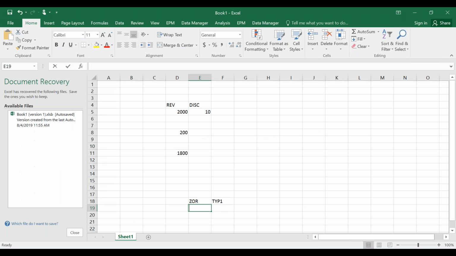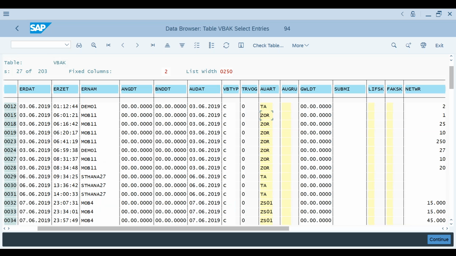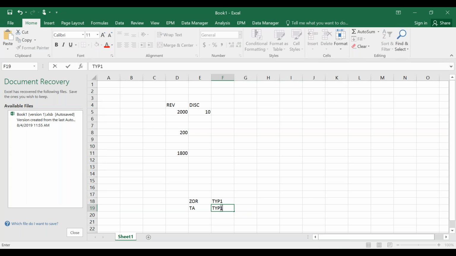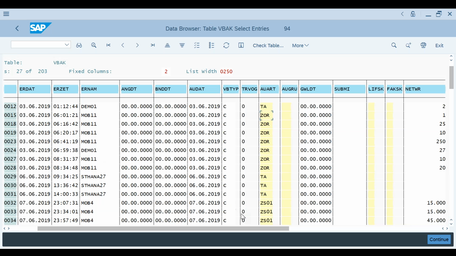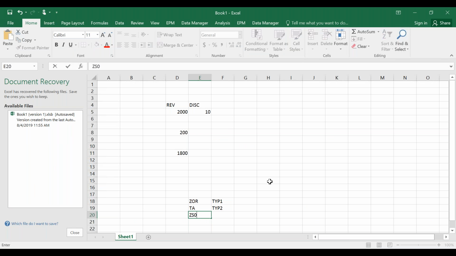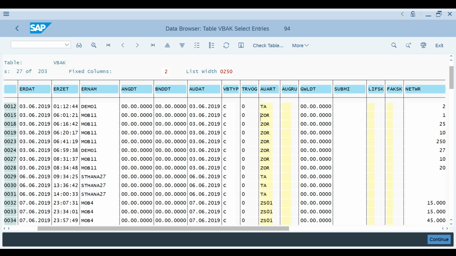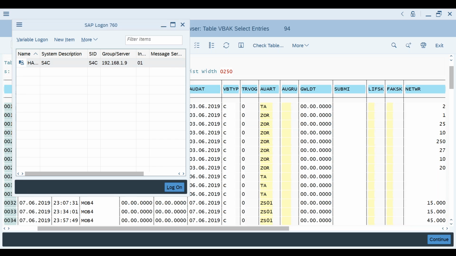If it is TA, we will write it as type 2. And if it is ZS01, we will write as type 3. And anything other than these three, we will write as others. We will just try to understand what a derived column is. How do you create one more column at runtime? All right, so let's try to understand that.